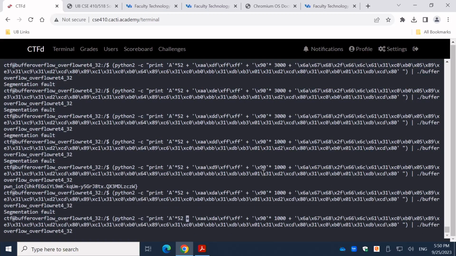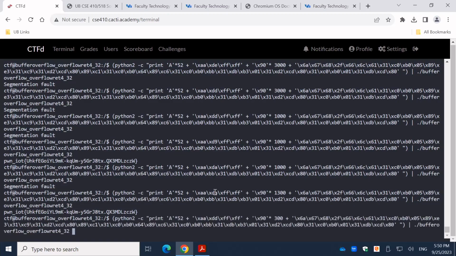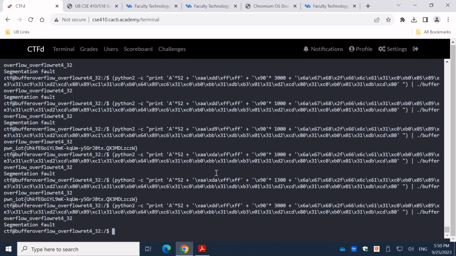But if we move this bigger, because when we move from D9 to DA, we are moving 256 bytes. So if we make the nop sled also bigger, maybe 300 bytes, that should work. Okay, that works, right? So if we do DA, then if we do a DD, then change this to 3,000 bytes. It doesn't work anymore. I guess that's because they do not allow us to go beyond the 3,000 bytes of